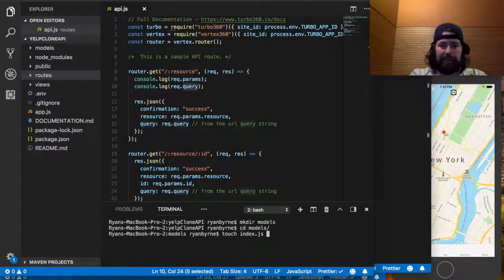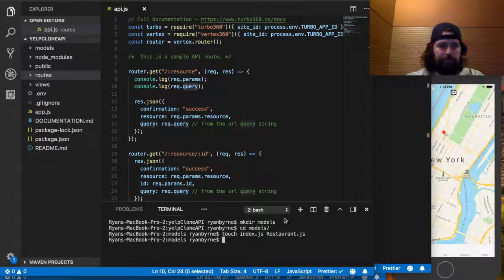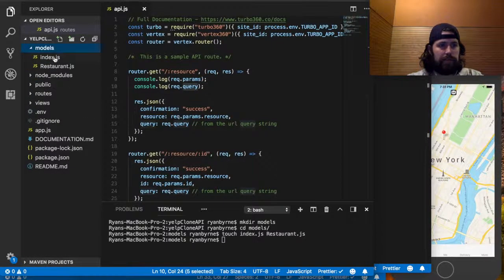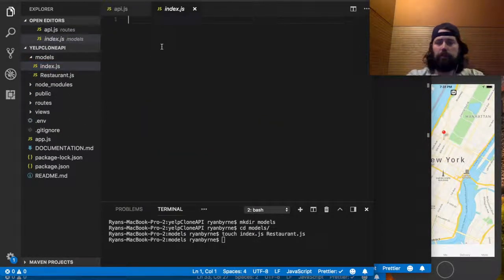We're going to create an index.js and a restaurant.js. And go to your models. And we have to use, well, actually, I'm not positive, but I think we might have to use the old imports, not the ES6 ones. So just to be safe,